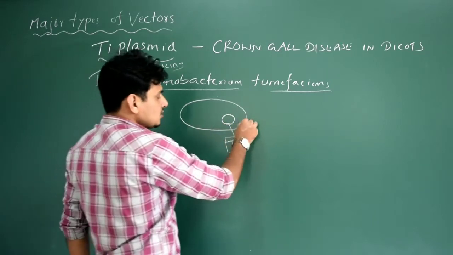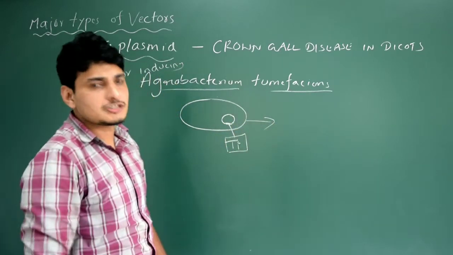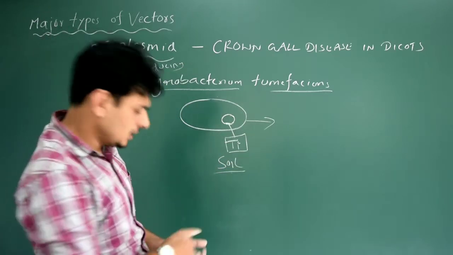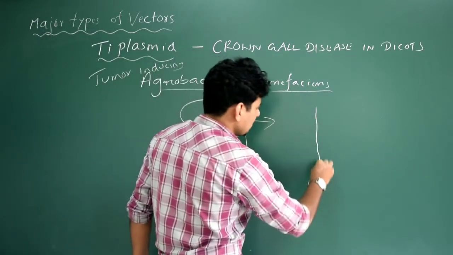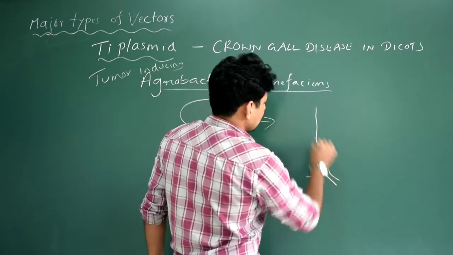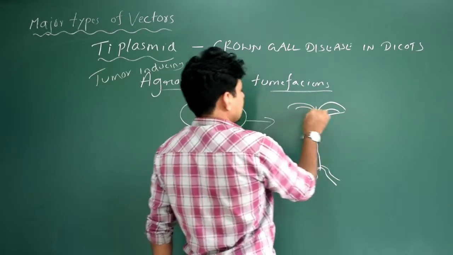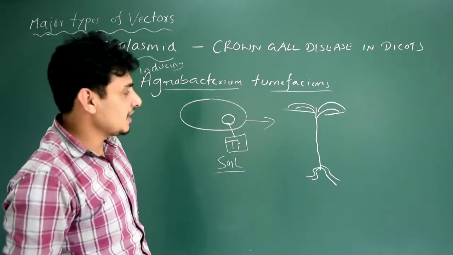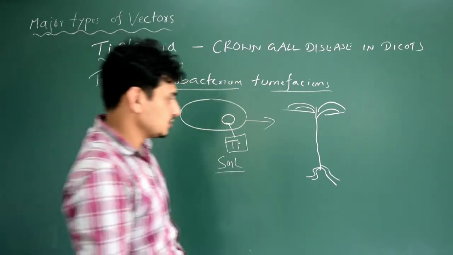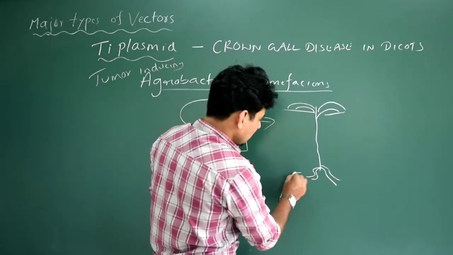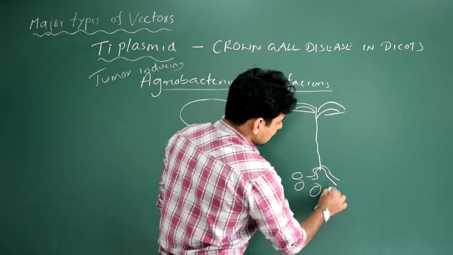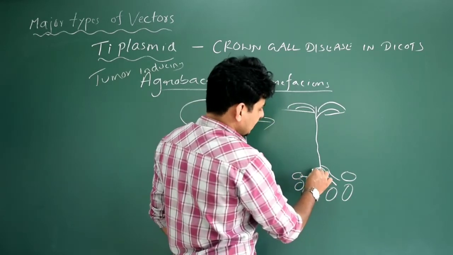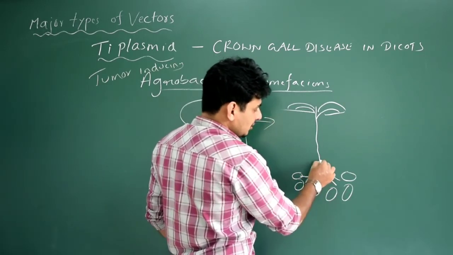How? Let us assume that these bacteria are normally found in soil. Naturally they live in the soil, and let us assume that this is the plant, a natural plant. I said natural plant because we can create the plant in a laboratory also. That's what the technology is all about. So in the soil you see so many bacteria containing this Ti plasmid. They somehow take entry into the plant through roots and somewhere else in the stem.